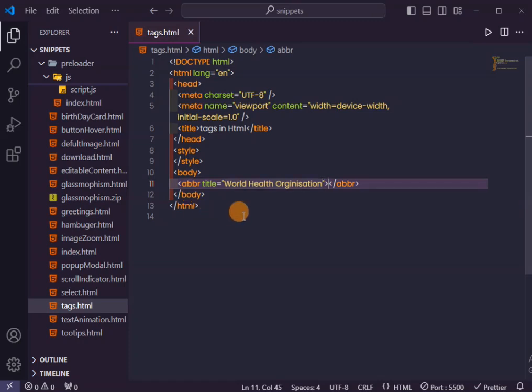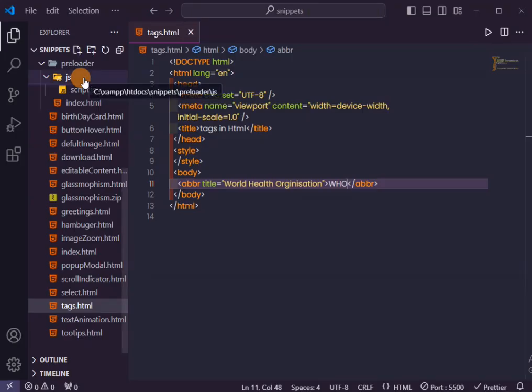If you say WHO and come back here and refresh, you can see this. When you hover over it, it displays the full meaning of WHO, which is World Health Organization. So that's that about the